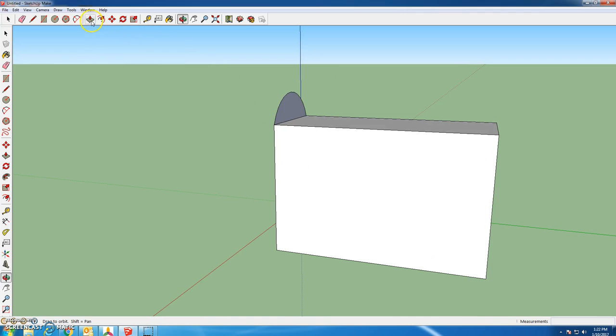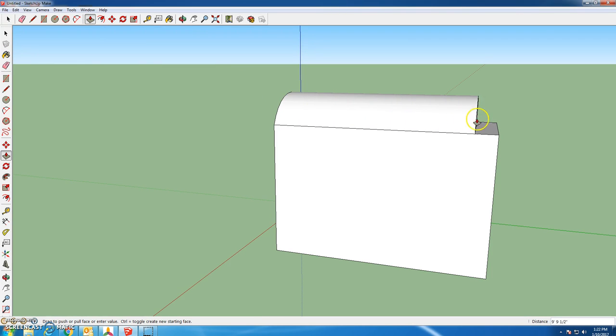I can grab the push-pull tool then, clicking once, and I can pull that across the top to where it meets over here at the end. Click like that. So that's using the arc tool. The arc tool can also be used